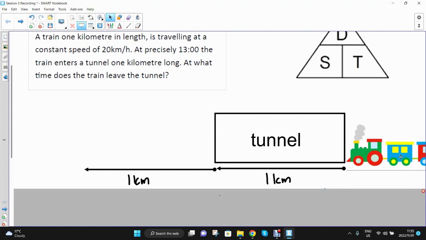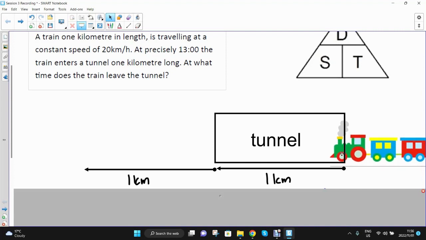So we actually need to know how far this train is going to travel, so that I can work out the time for that specific distance. And luckily I do have the speed of this train. So you can see that at the start, this is the front of the train, and this is when time will start